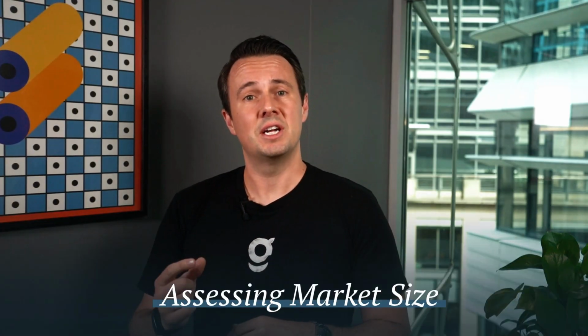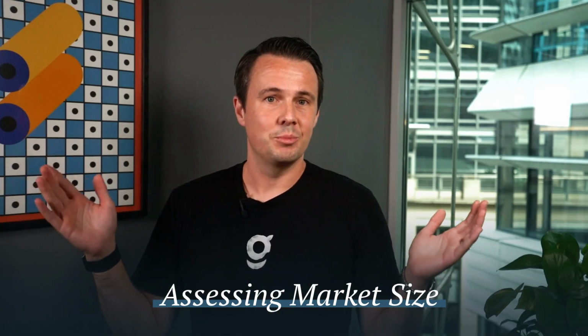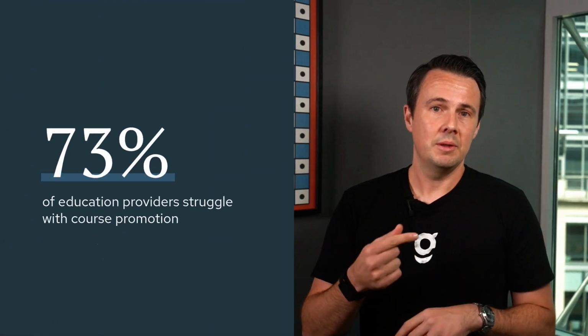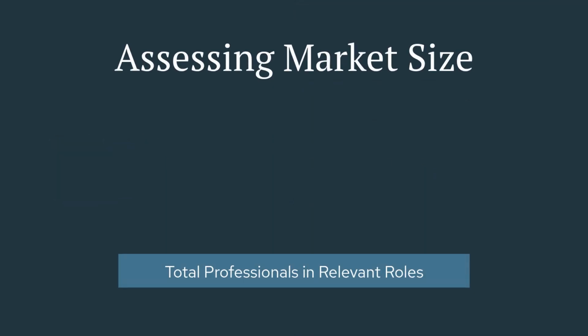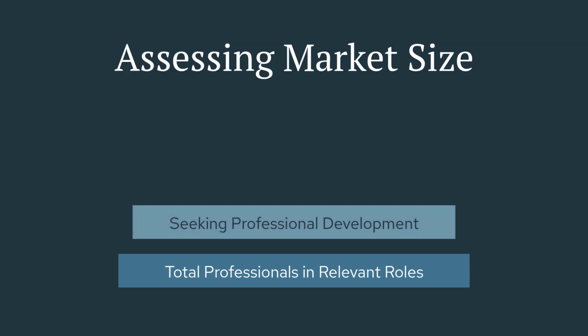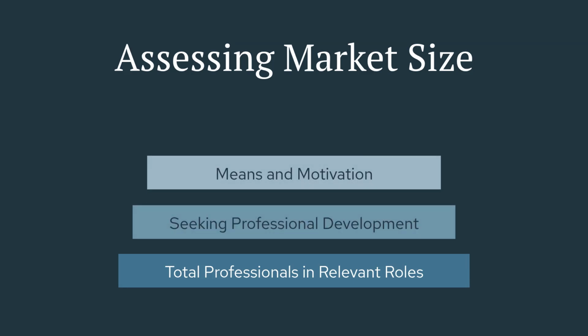Now you have identified your niche, you need to assess whether it's large enough to actually make the course viable. That doesn't mean immediately reverting back to the broadest possible audience. Rather, it means looking at your specific market from multiple angles. Start with the total number of professionals in relevant roles. Then, narrow it down to those actively seeking development. Consider who has both the means and motivation to participate, but also those with strong management support for this development